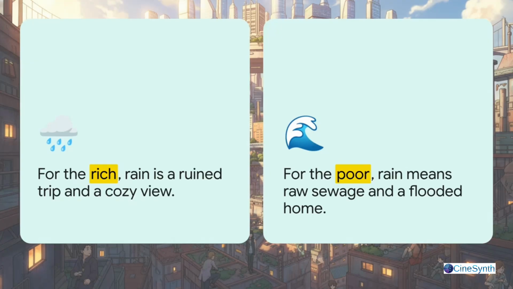Think about how the massive rainstorm beautifully and tragically illustrates this inescapable spatial inequality. For the wealthy Park family, the rain is, what, a minor inconvenience? It ruins a weekend camping trip, sure, but they get to come home to a beautiful, cozy view of the rain falling on their manicured lawn. But for the poor Kims, that exact same rainstorm means total destruction. Their semi-basement floods with raw sewage, their lives are completely displaced, and they're forced to sleep in a gymnasium with hundreds of others. Different weather means completely different consequences, entirely depending on where you physically sit on that spatial hierarchy.